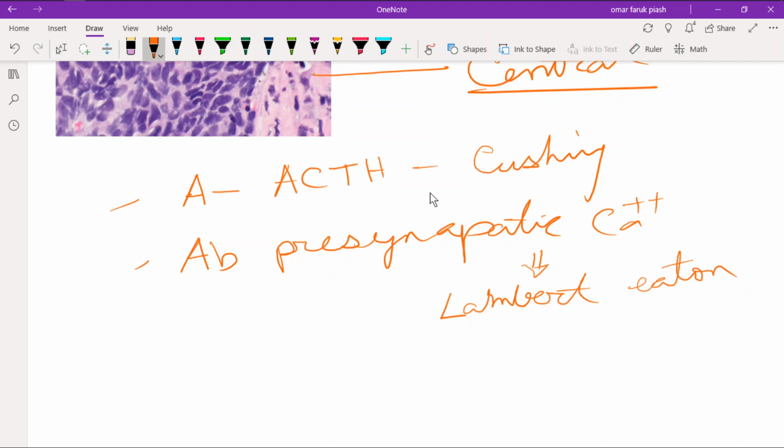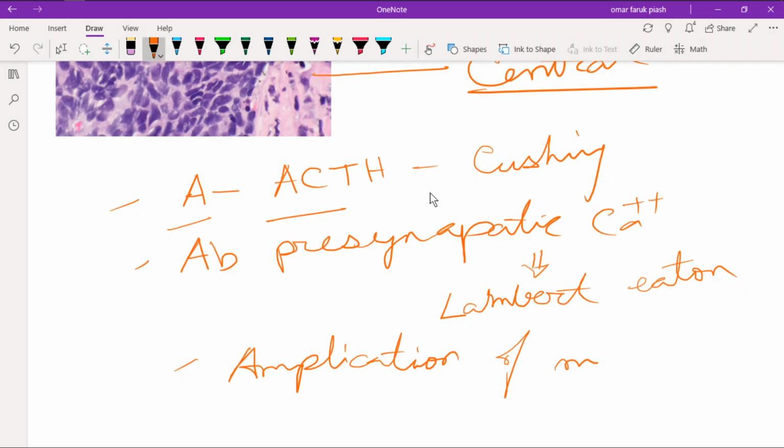And another paraneoplastic syndrome you have to remember: it may cause myelitis, encephalitis, subacute combined degeneration, and another A is amplification of